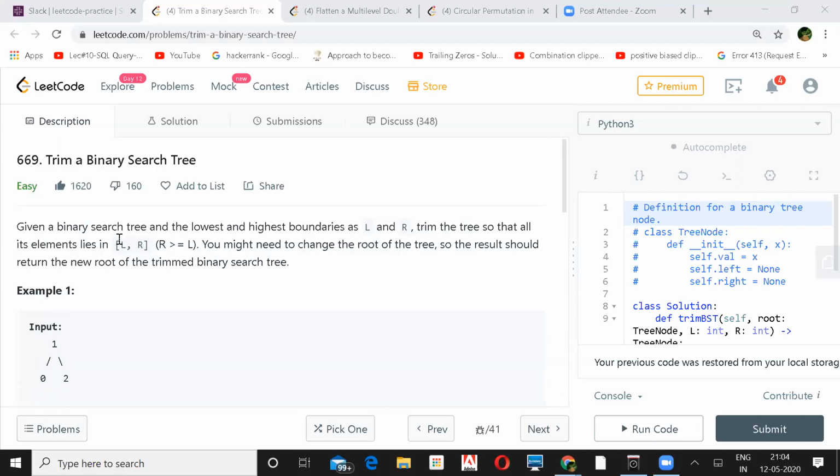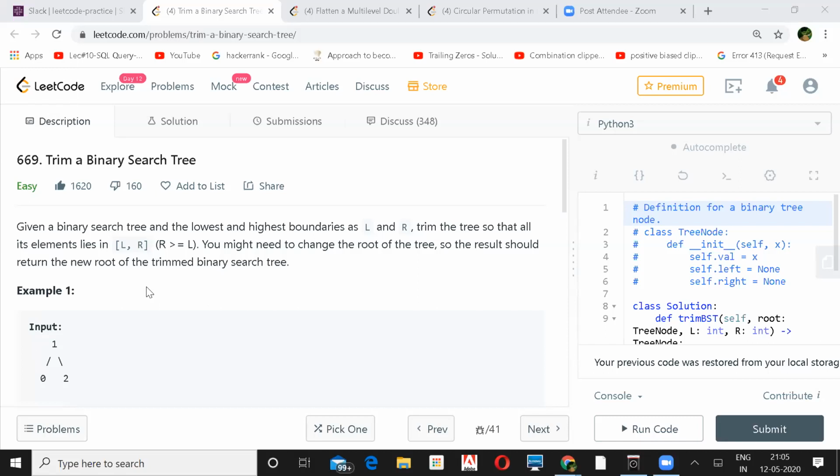And yeah, any queries or approach? Yeah, as it's a binary search tree, a couple of days ago we did a similar problem where we utilized the binary search tree property: left subtree nodes of the root should always be lesser than the root node value, and the right subtree nodes should always be greater than the root node value.